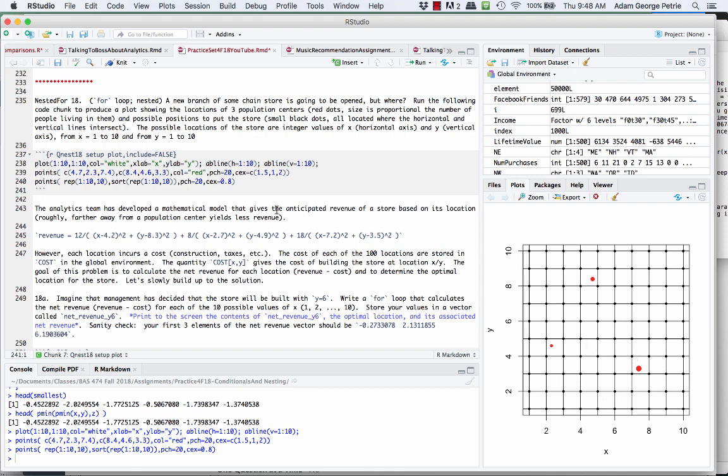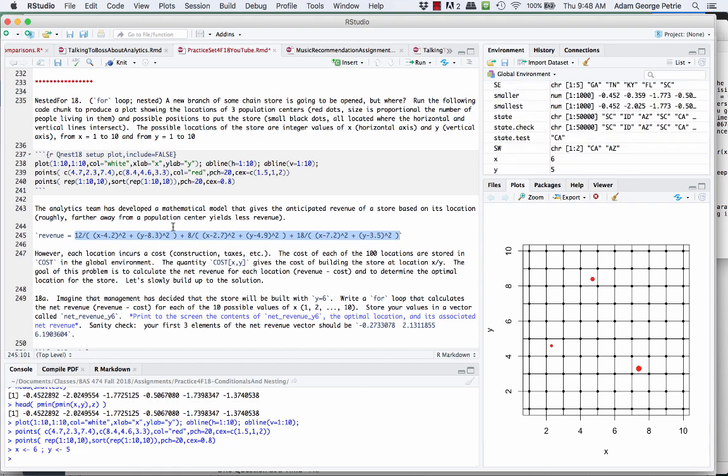In this case, the analytics team has developed an equation that tells us that depending on the x-coordinate and y-coordinate where we put the store, the revenue is expected to be given to us by this equation. So for example, if I said, let's put it at x is equal to 6 and y is equal to 5, this guy right here, x left arrow 6, y left arrow 5, in this case, the revenue is going to be